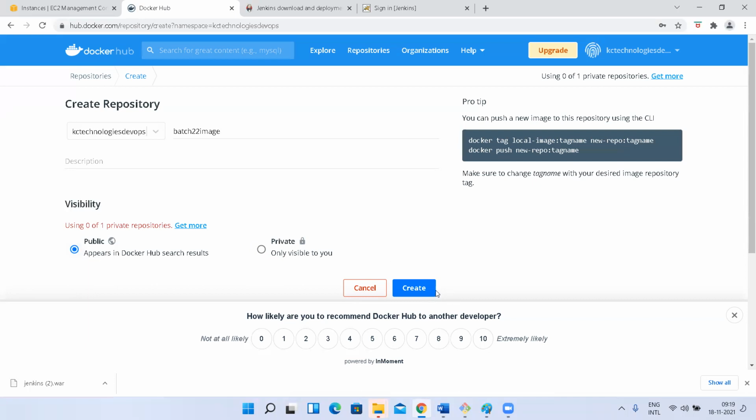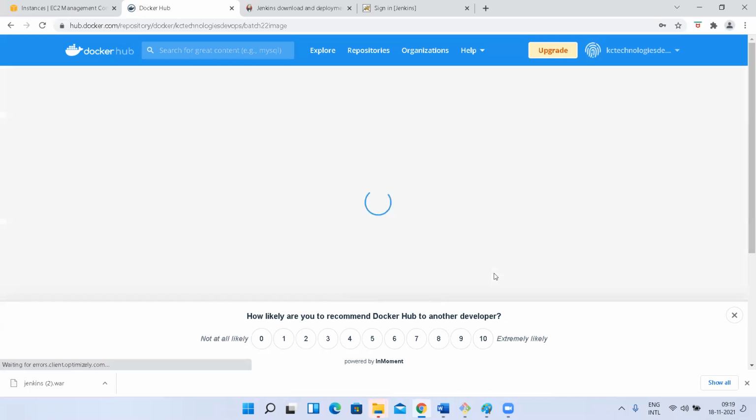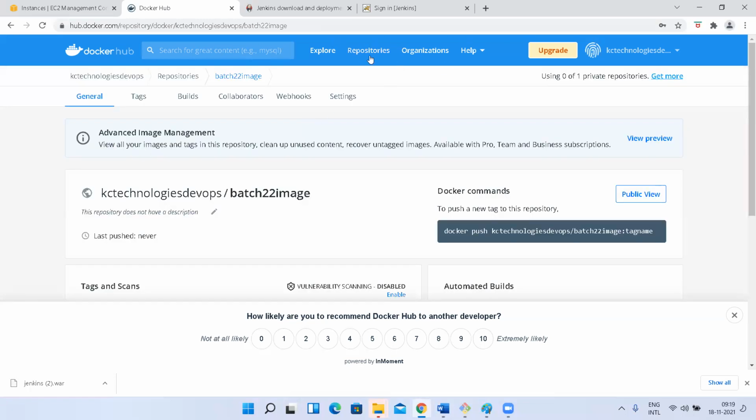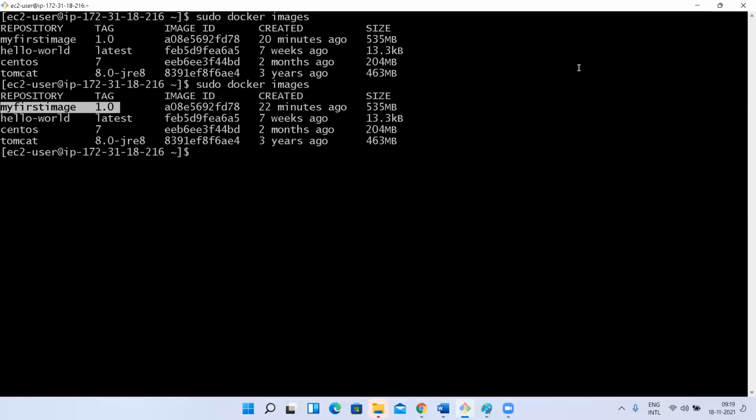Sorry, I'm creating a public repository. Even without creating this repository, you don't need to come and create a repository here. Directly you can push, but for now I'm showing it just for the naming conventions. It will not allow capital letters, to show that I created it. So you can create a repository and push to it, or else without creating a repository, directly push from here.